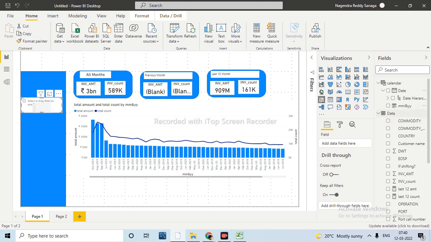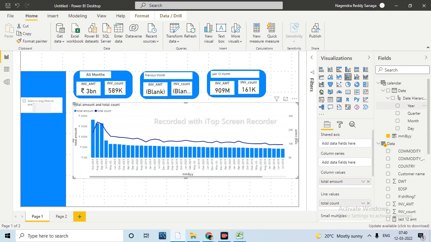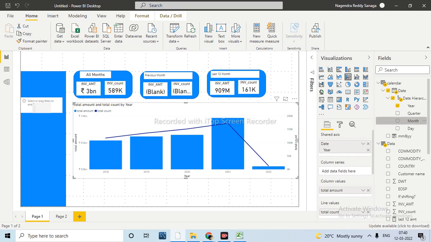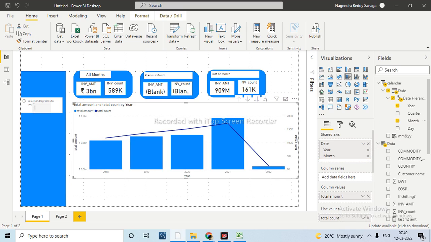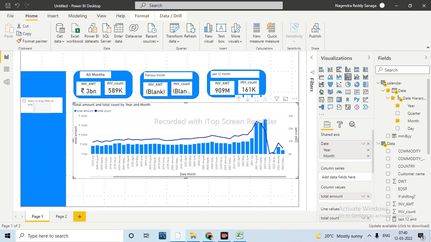Here we have anyway the complete month end information, right? Here I am taking year as well as month. For me, these two are enough. Now let me expand it to month and year level, the next level hierarchy. Now we have this complete information, right? Now month on month we have this information as well as the names. My requirement, what happened here?